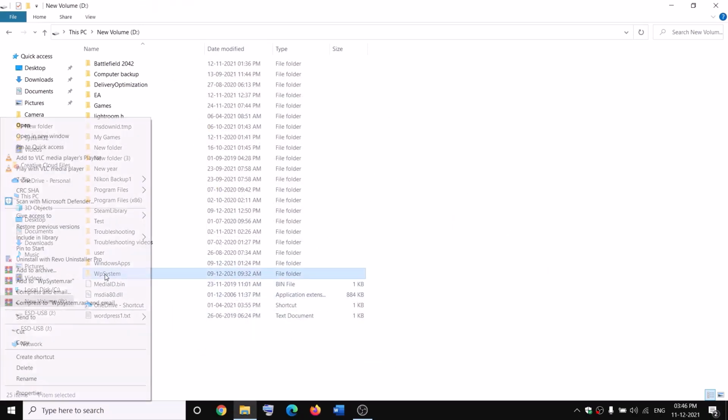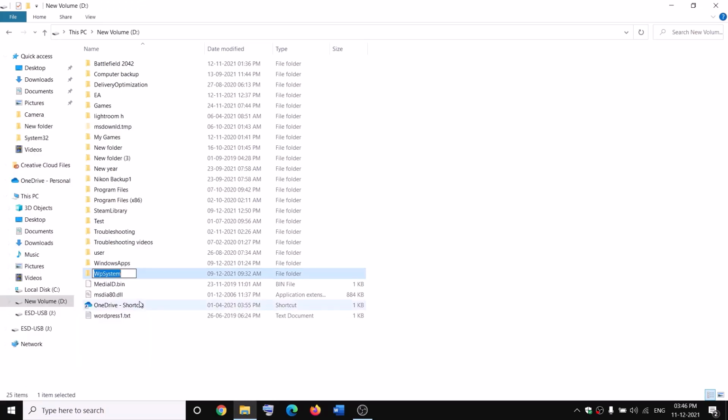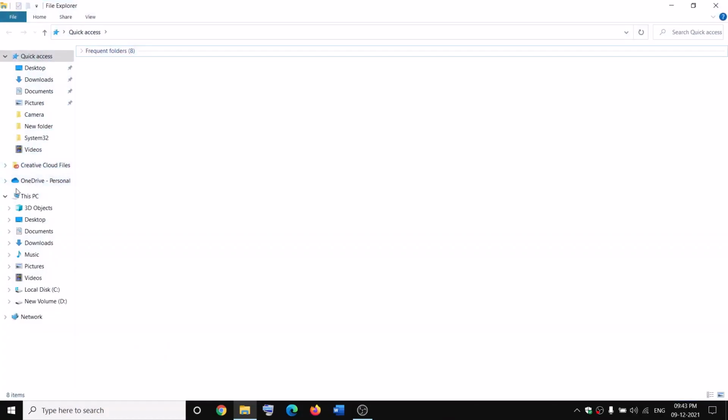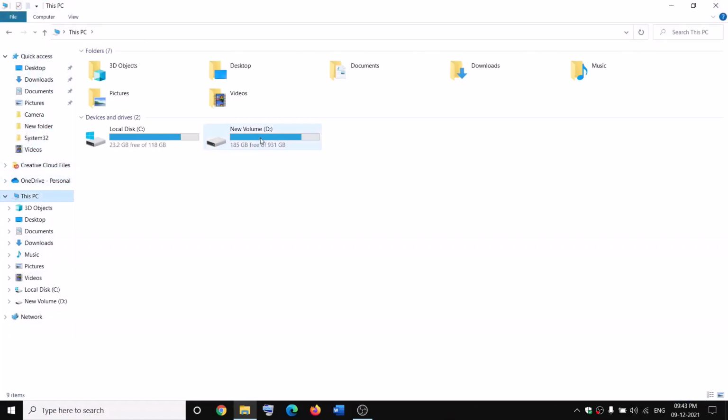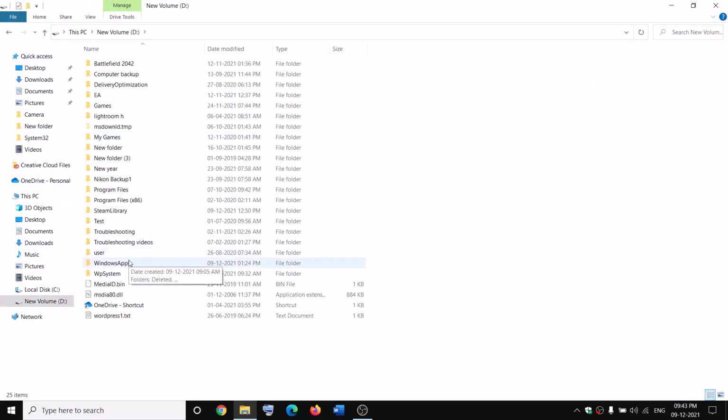So now you can rename it. Make a right click, then click on rename, rename it as wpsystem.old. If you still face the problem, in that case you can go ahead and restart your computer and then try to rename it once again. Open File Explorer and then go to This PC, open D drive, then make a right click on Windows apps